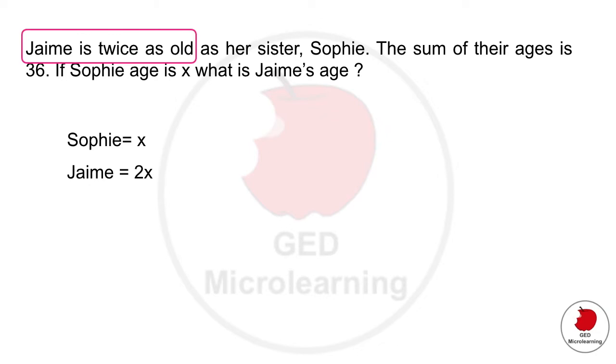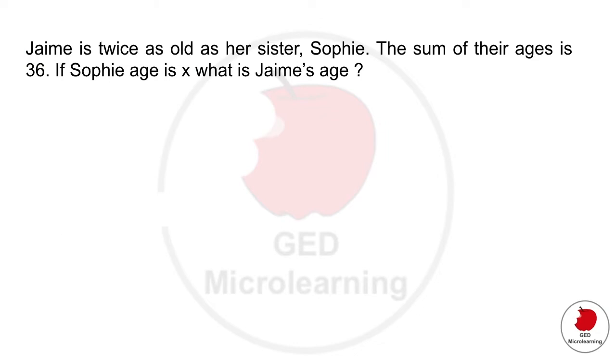So if Sophie's age is X, Jamie's is 2X, right? She's twice as old. And then they're telling you that when you add these two ages together, it gives you 36. Okay, so that's your equation right there. So all you have to do now is take that equation and solve for x. So on the left side, if you add x plus 2x, that's going to give you 3x